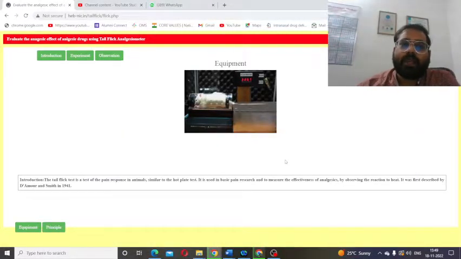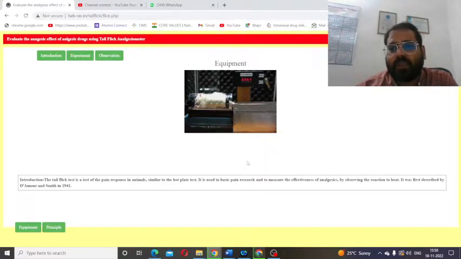Welcome everyone. I, Simanchal Panda, will demonstrate how to evaluate the analgesic effect of analgesic drugs using the tail flick analgesiometer. The tail flick test is a test of the pain response in animals, similar to the hot plate test. It is used in basic pain research and to measure the effectiveness of analgesics by observing the reaction